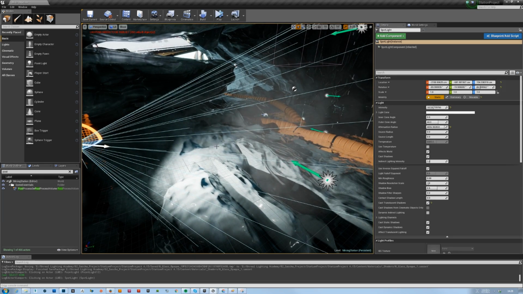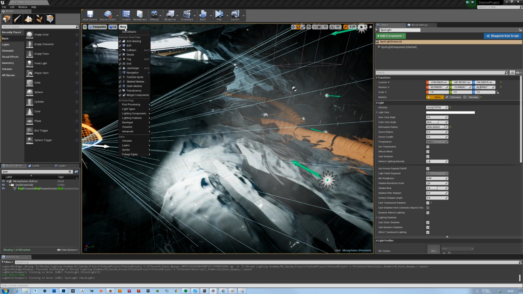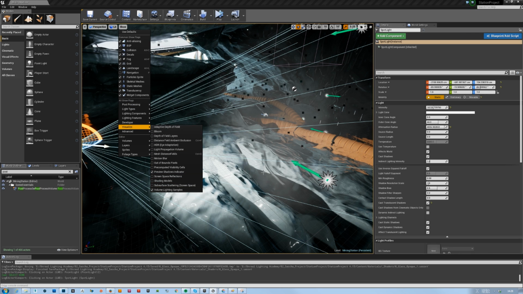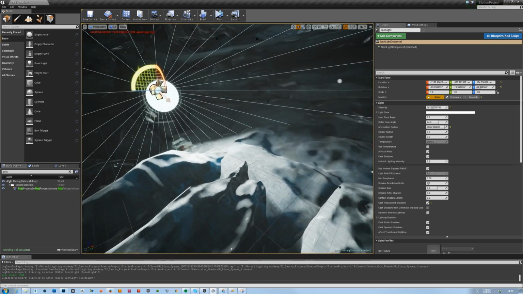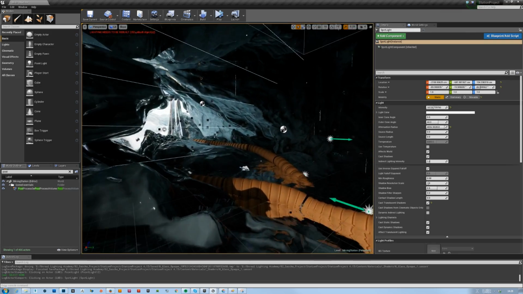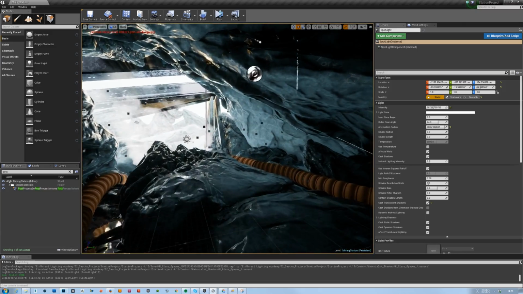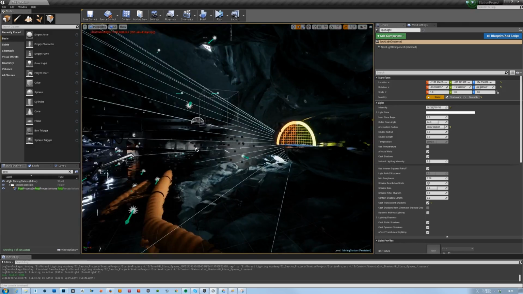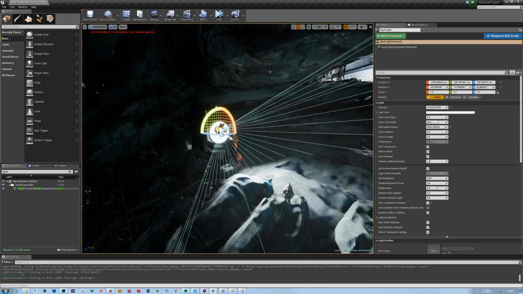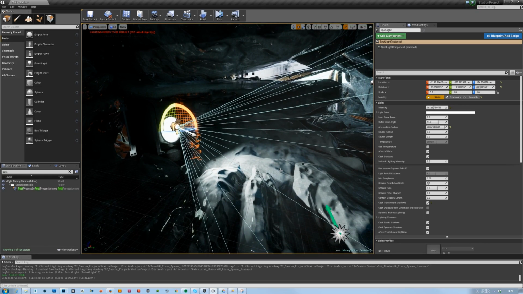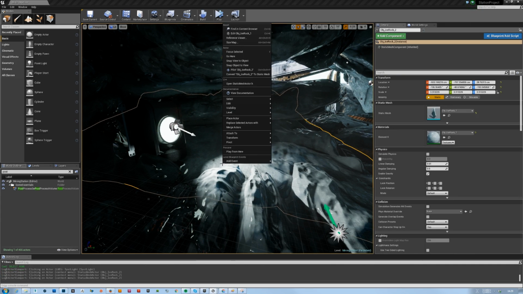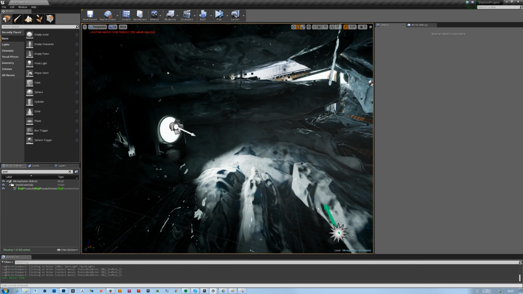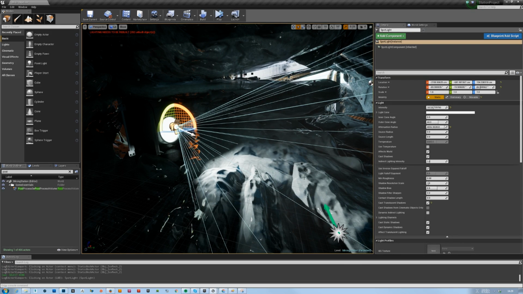So even the direct lighting here will only be saved into the light maps and into the indirect lighting samples. So we can do visualize volume lighting samples. And now you see that we have these little dots flying around here. So all the lighting information will only be saved into light maps and into these little samples as well. Those are the cheapest lights because they don't have any dynamic runtime component. Also, what's very important to know is that if you have your light set to static, it's way more